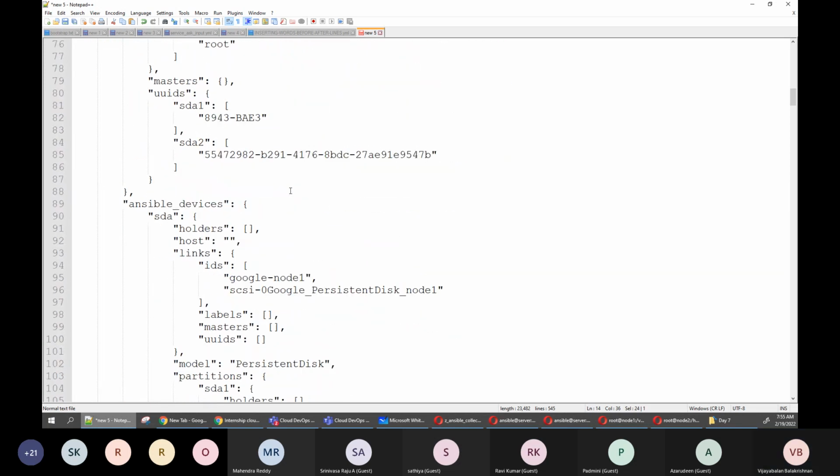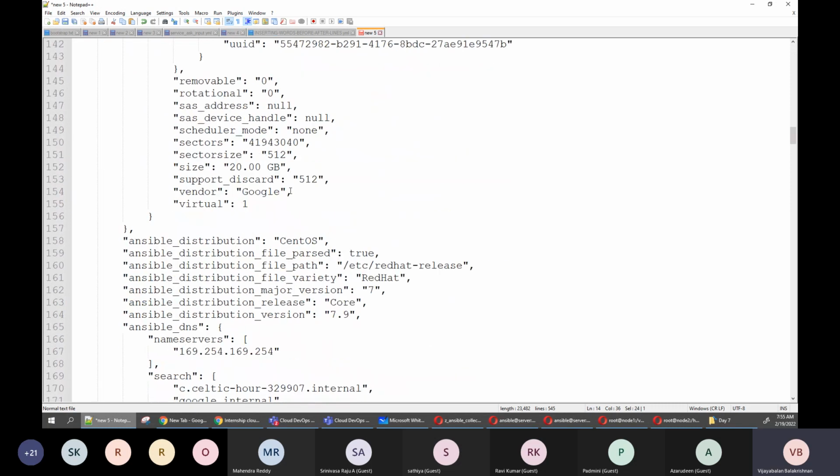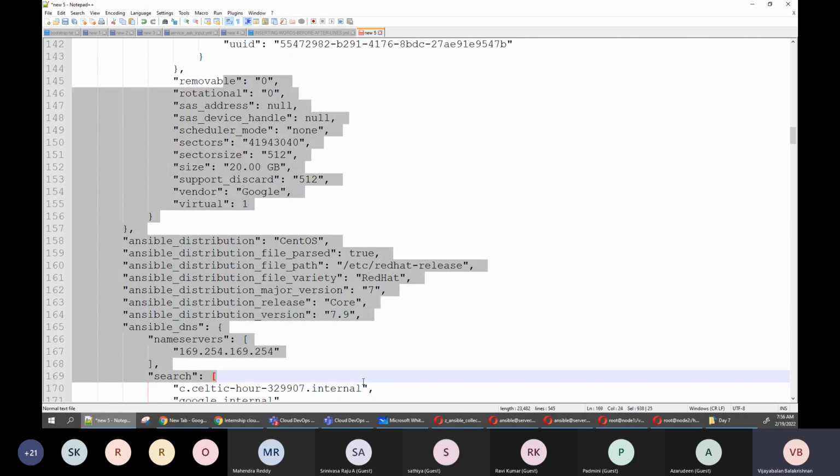You can even get the OS, the distribution, the major version, the release. Everything is collected every time. That's why whenever you execute any playbook, Ansible already knows who you are, and based on that it is executed very accurately.